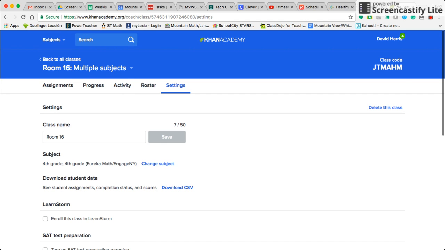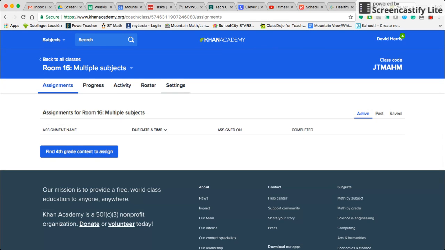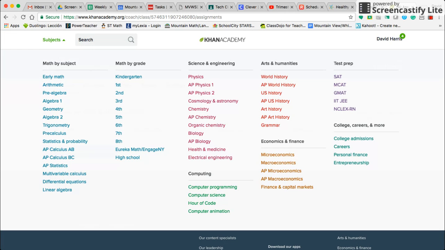If you have new students and they're not using Google Classroom, they can enter the class code to get access to the class, and then that would also make you their coach, hopefully. So that's kind of a little overview on Khan Academy. There's another way to find assignments too. You can either go find 4th grade content to assign down here, we can have a look through the